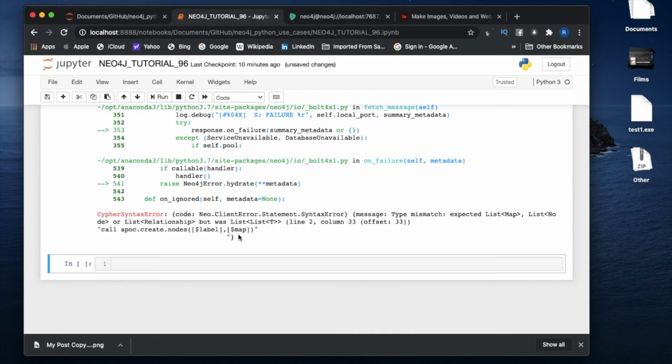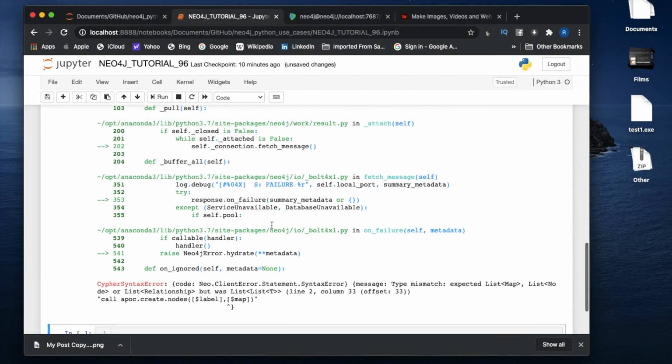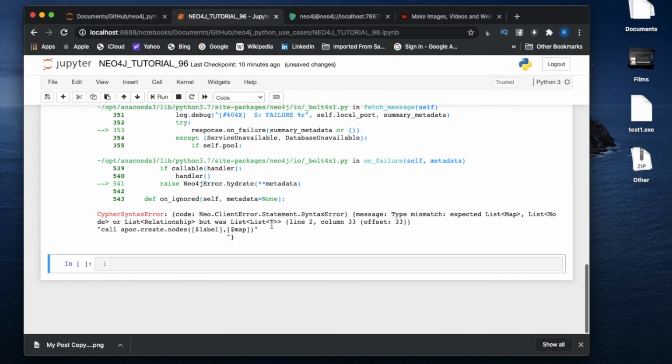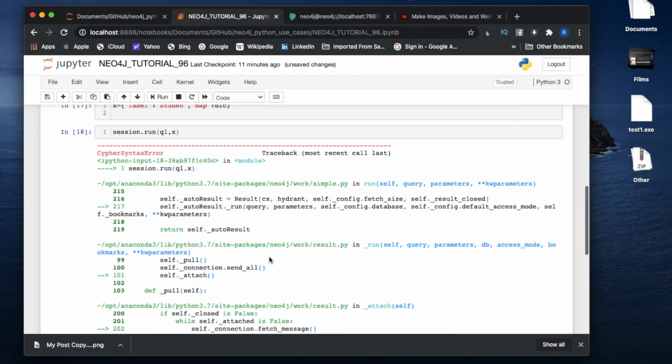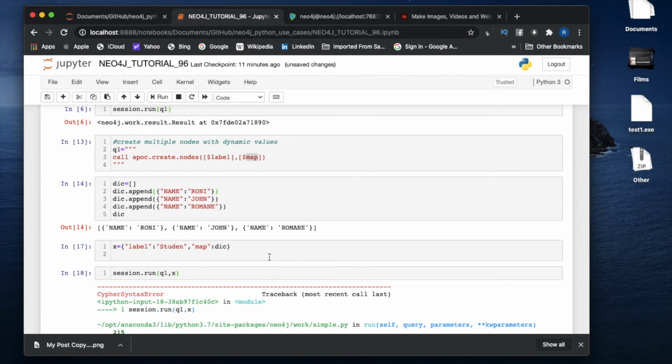So now again there is a new error, type mismatch, expected list map, list node or list relationship, but was list of t. Okay, so there is a problem here. I don't know why this is showing an error.